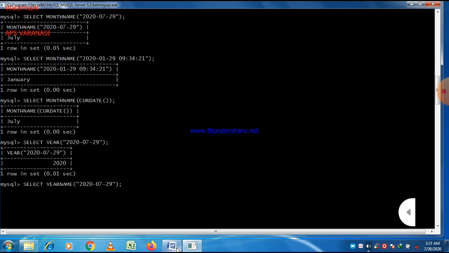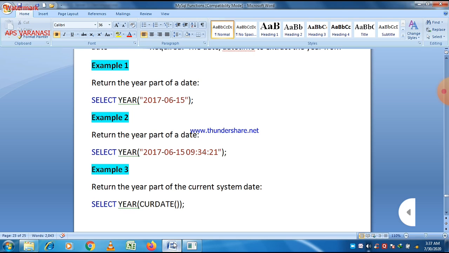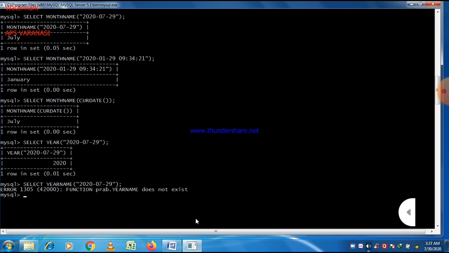If you write year name, does it give a year name? No, this type of function does not exist. Like month and month name, year and year name are not there. It's only the year function.